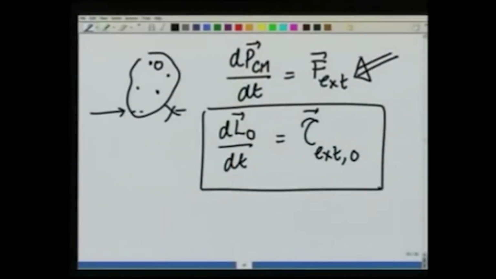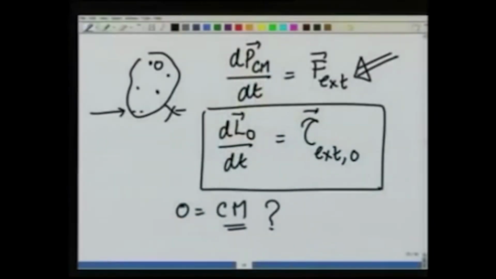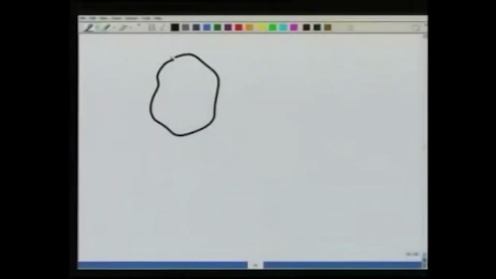This equation we know for sure describes the motion of the center of mass. Usually you must have seen in your 12th grade or so that O is taken to be the point center of mass, but why? That is the question, and that is what we wish to answer now. Remember, our goal is to apply dL/dt equals tau external only, when a body is moving. So, let us take a general point O